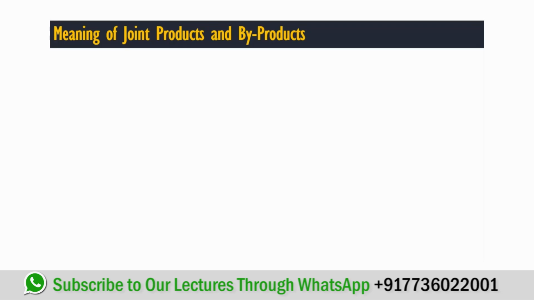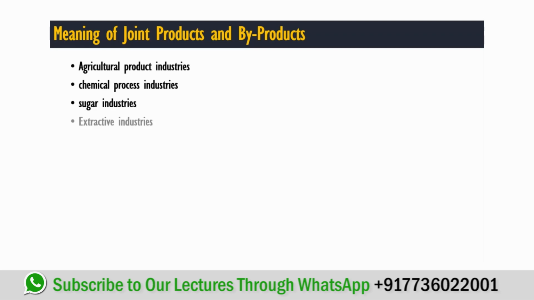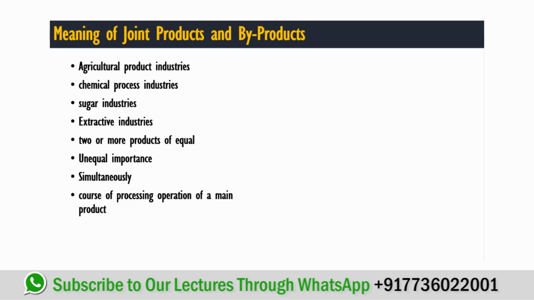In this session, let us understand the meaning of joint products and byproducts. If you take agriculture product industries, chemical process industries, sugar industries and extractive industries, they'll be producing two or more products of equal or unequal importance, and this would happen simultaneously in the course of processing operation of their main